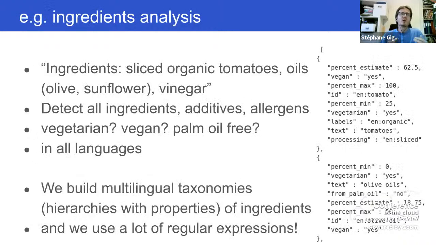One word on just one example of what we do with the data is this ingredient analysis. We have a list of ingredients in any languages, and we want to extract those individual ingredients so that we can compute if a product is vegan, for instance, so that we can detect all the food additives, all the allergens, and all that. To do that, we have a big tree of thousands of ingredients that we created with synonyms and translations in almost all languages. And then we try to parse all that, and it's quite a fun task, a daunting task,